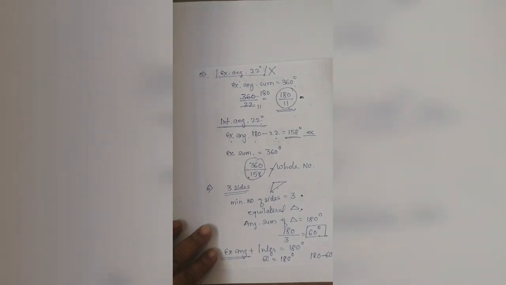It will not be more than that. Here we are talking about regular polygons. Regular polygon means all the sides are equal and all the angles are equal. If the interior angles are equal, the exterior angles are also equal. Therefore the minimum interior angle of the polygon will be 60 degrees, and the maximum exterior angle for the regular polygon will be 120.